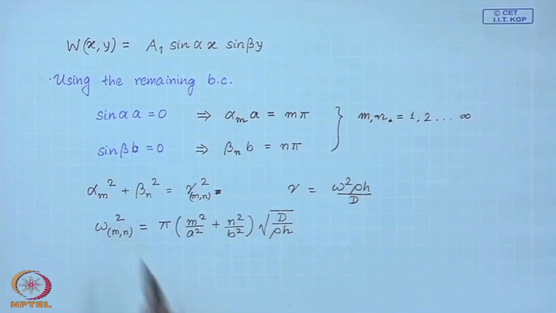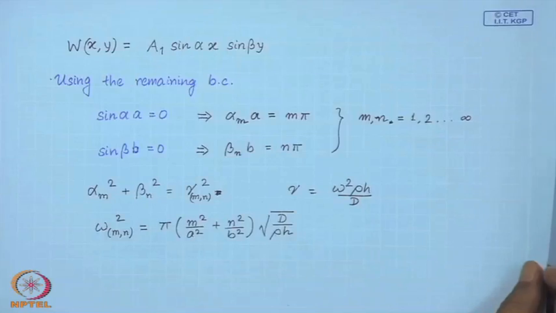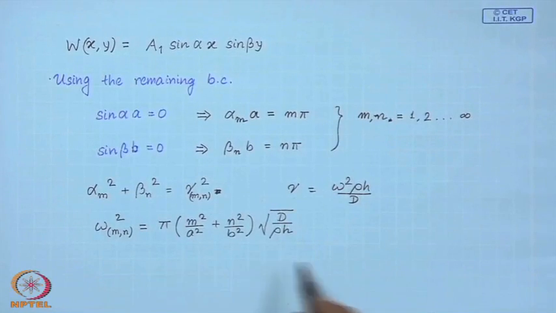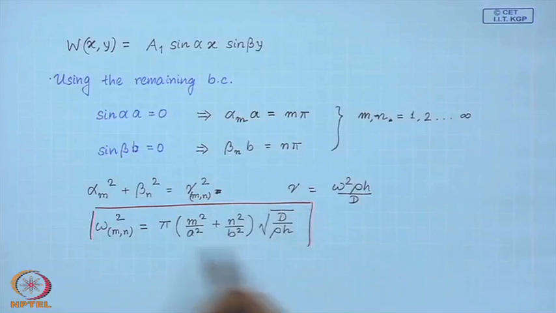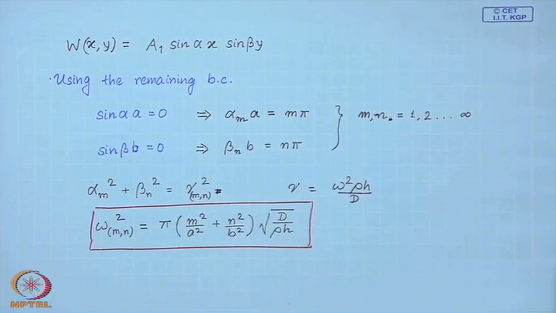So, omega m n square is given by this. Now, we obtain the circular natural frequencies of the plate,